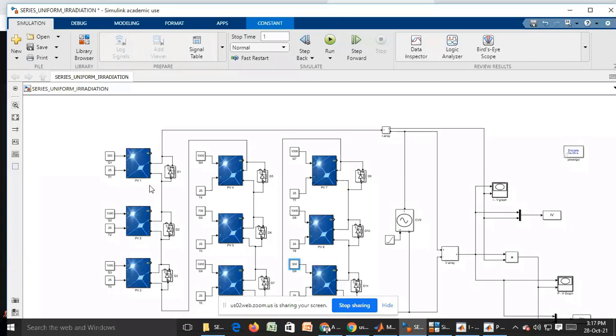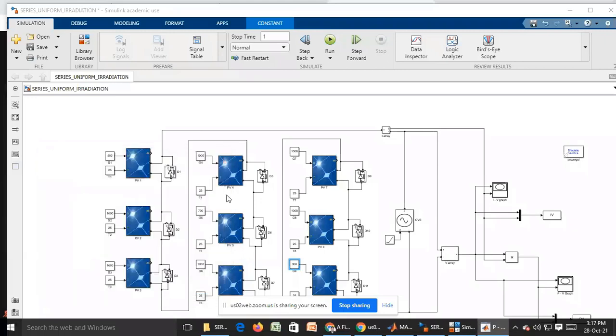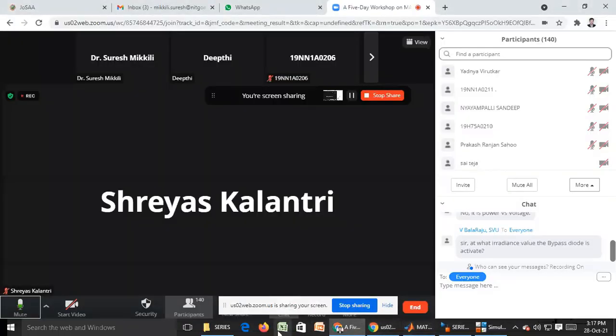Instead of standard condition, we have considered non-uniform condition. So instead of the global maximum power point, local peaks are coming. So we need to avoid those local peaks. We need to get a maximum almost equal to the ideal waveform. So for that, a different configuration needs to be considered, or we need to consider the MPPT technique to track the proper maximum power point. The importance of the MPP technique is to track how much power will be delivered.